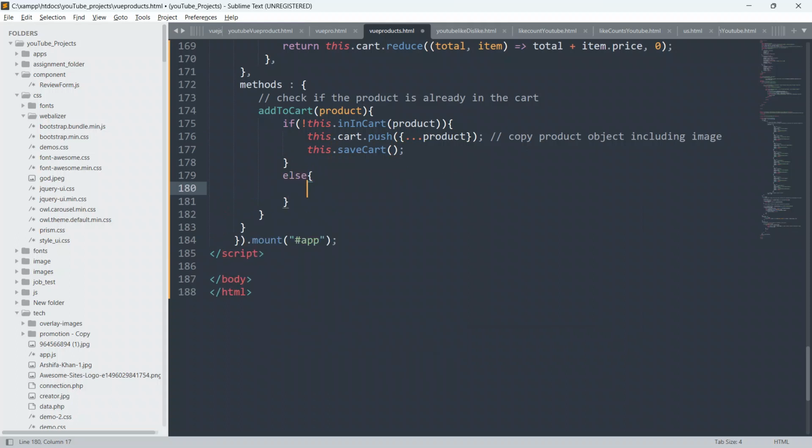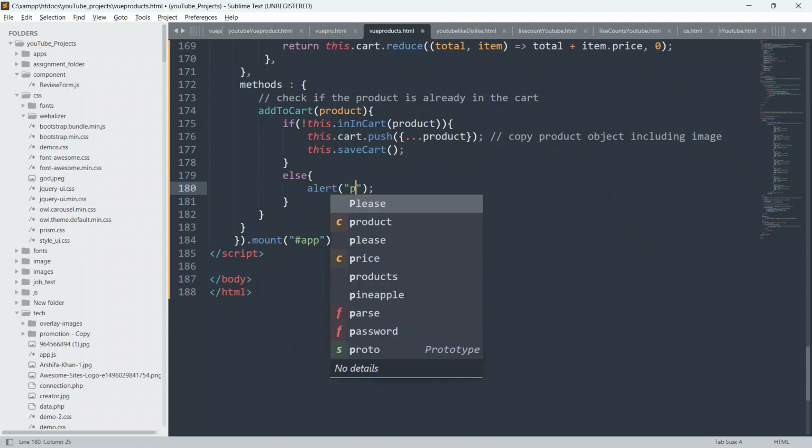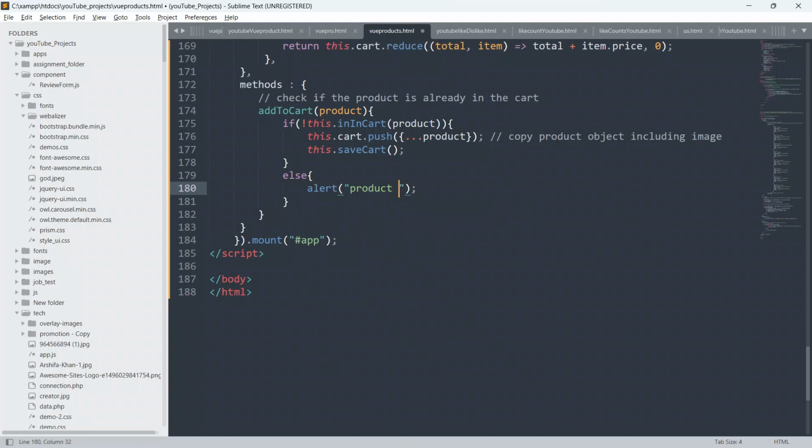So I will alert the user, guys. Let me just copy, else I will alert the user, and later on we will define something different. So we'll say product is already in the cart.